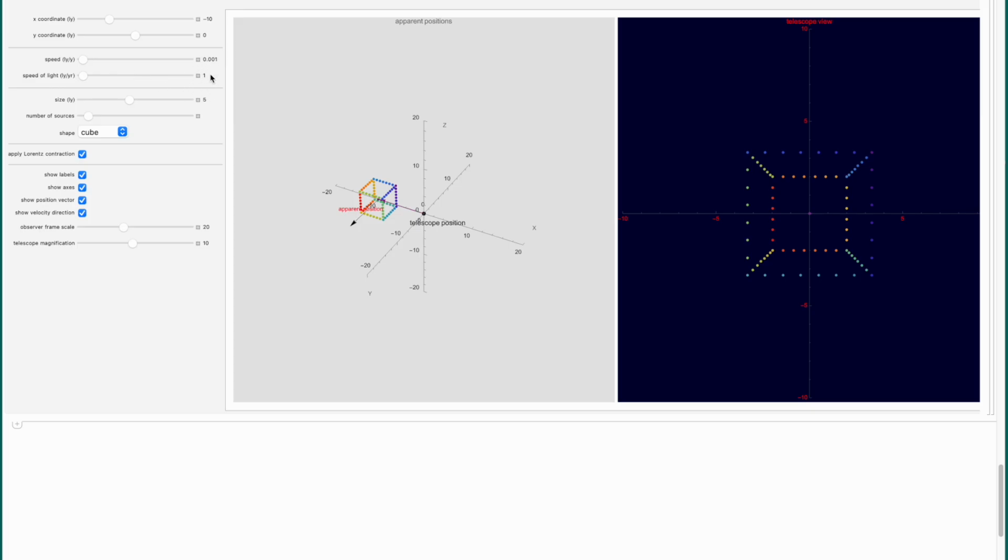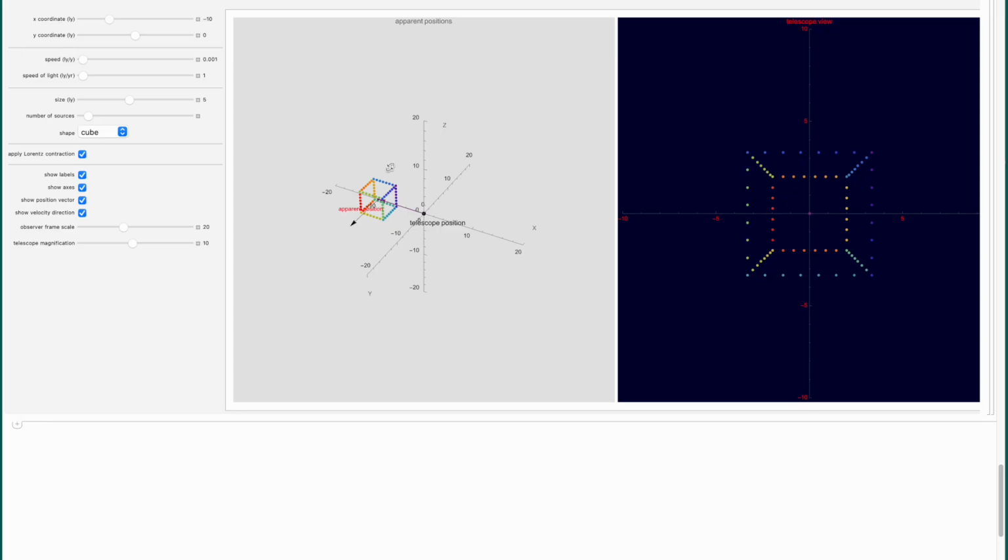So we're in units called natural units where the speed of light is 1. We can control the size of the object, the number of sources that make up the object, these points. We can turn on and turn off Lorentz contraction. Okay? So that's what the controls are, and we can also choose the shape that is of interest to us.